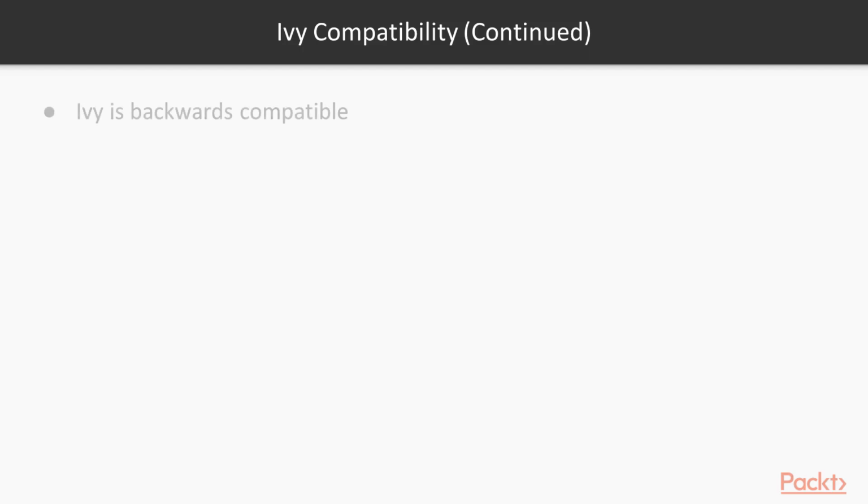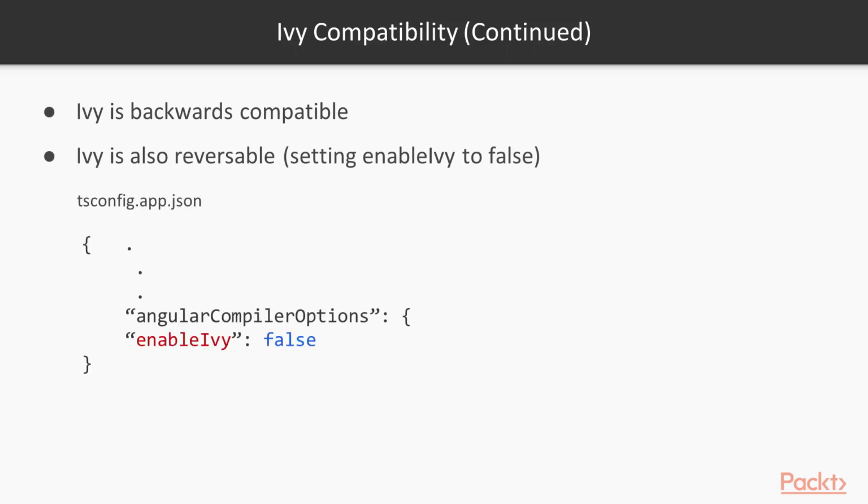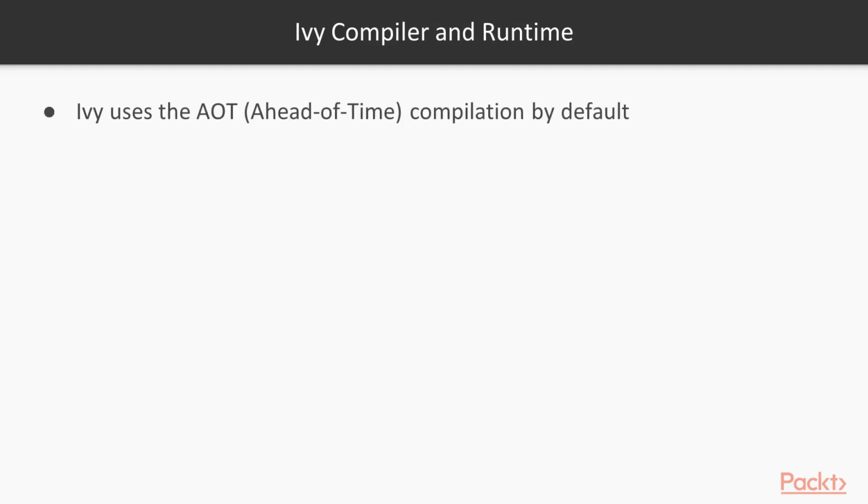And also Ivy is backwards compatible, which is awesome. That means it's also reversible, meaning that you can set the flag enableIvy to false in the tsconfig file, and you can go back and run the View Engine instead. So I'm not sure why you want to do that, but you can do that just by setting the single flag here. So the Ivy compiler and runtime now uses AOT for the process,